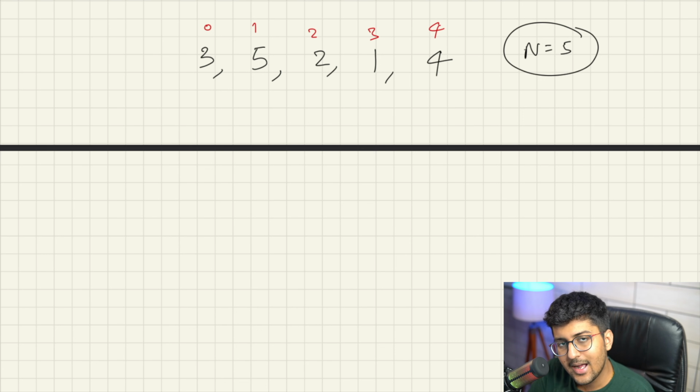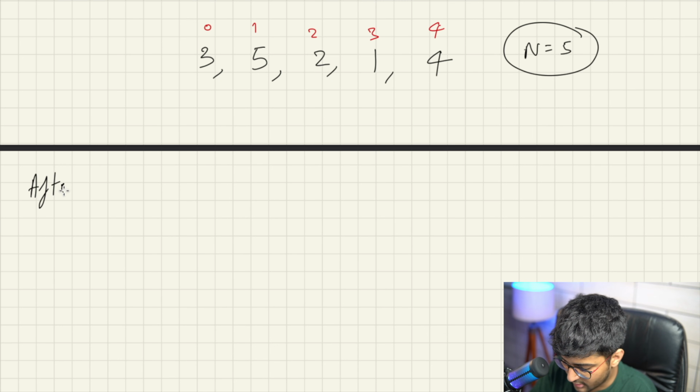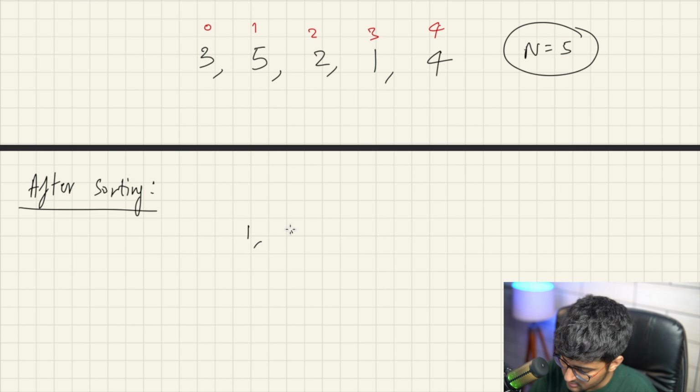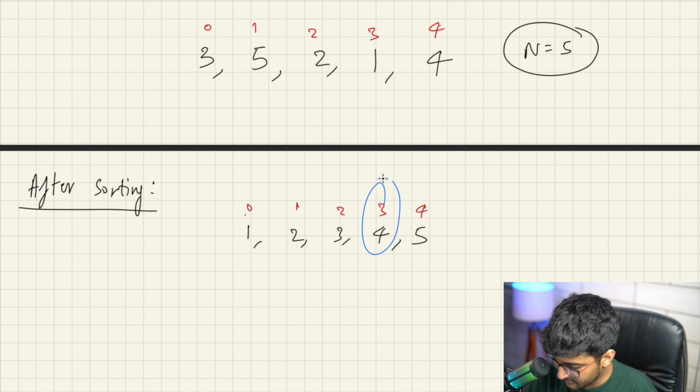Okay, imagine in the ideal world when the array is sorted. When the array is sorted, all the numbers are going to be at their correct indices. And what are those indices going to be? Let's say if I sort this, after sorting it becomes obviously this, and the index is like this. So you can see that after sorting,